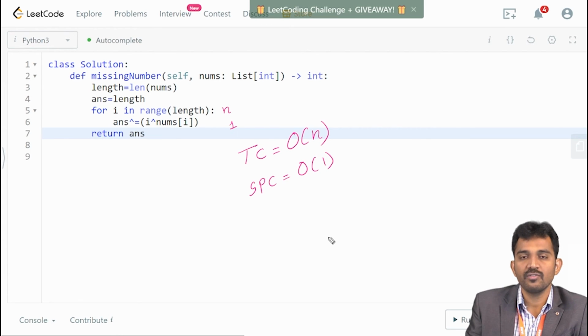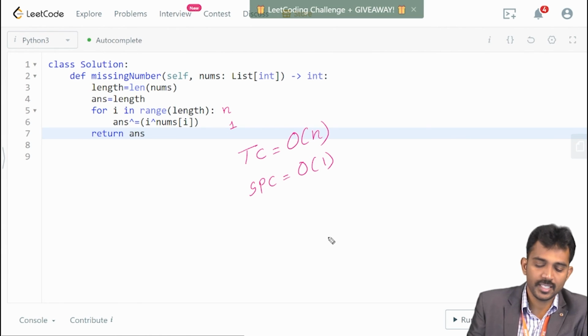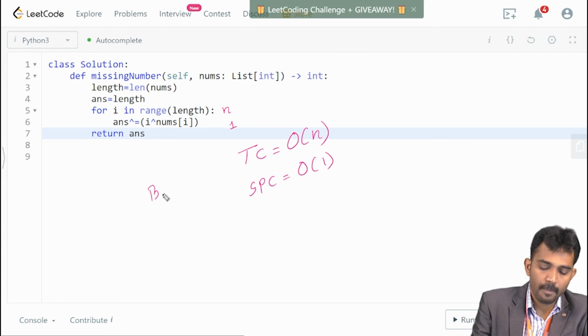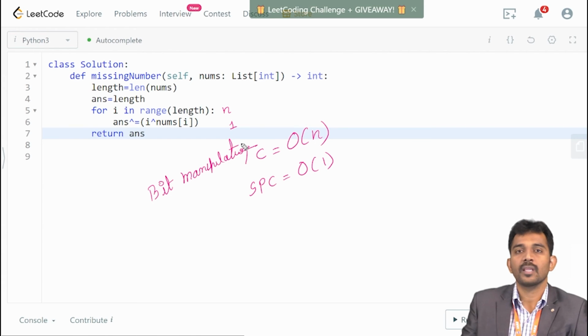It's the best solution for competitive programs. Got it? The concept is bit manipulation.